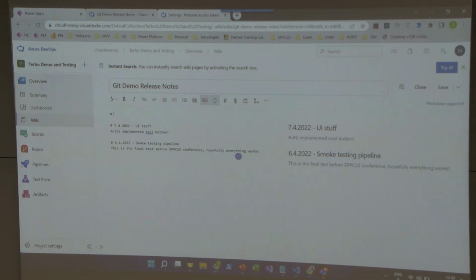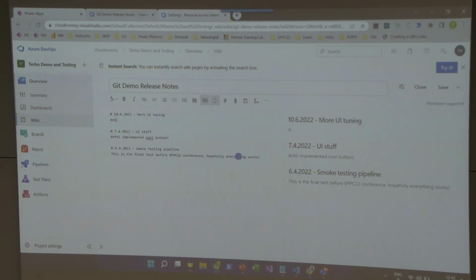more UI tuning, Antti implemented better header. As you can see from the earlier comments, I have been exploiting Antti's skills this year earlier as well. Okay, so now we're done with the release notes, and